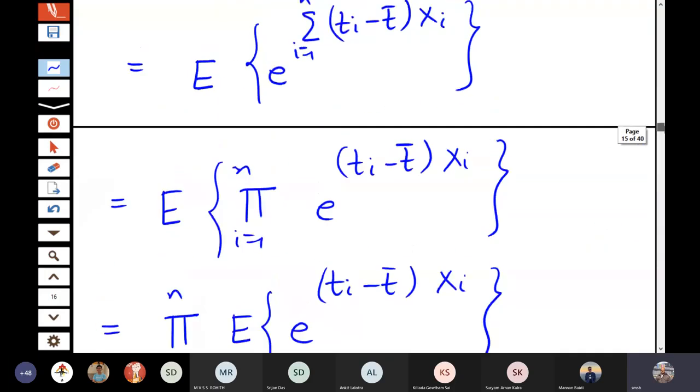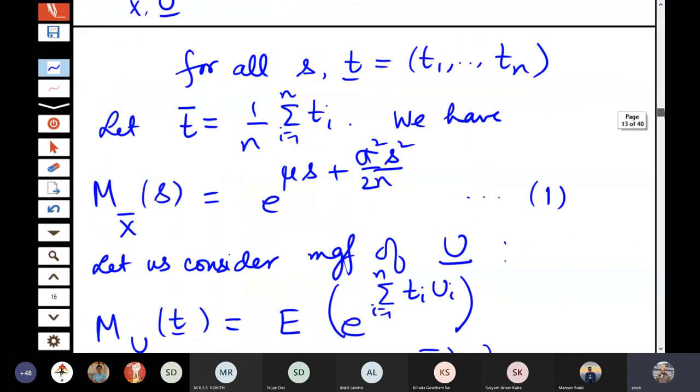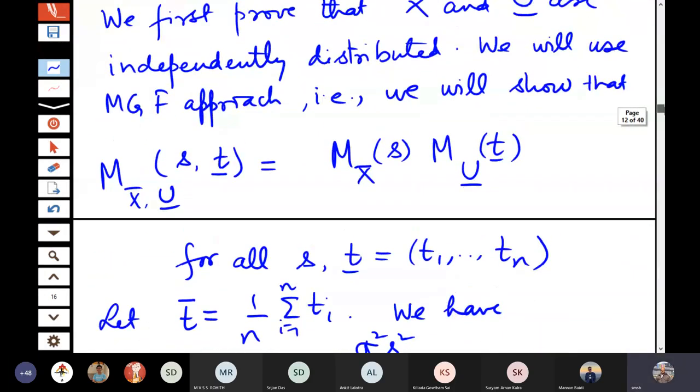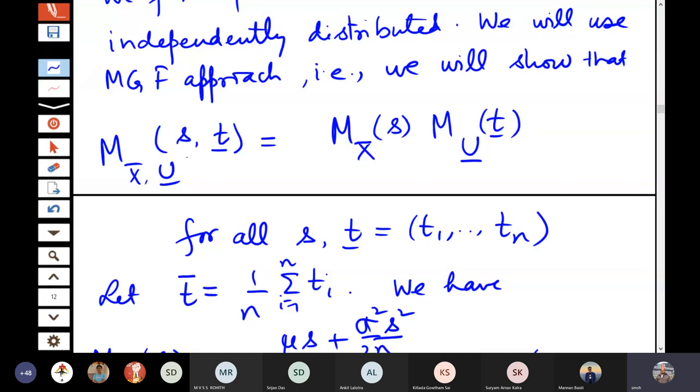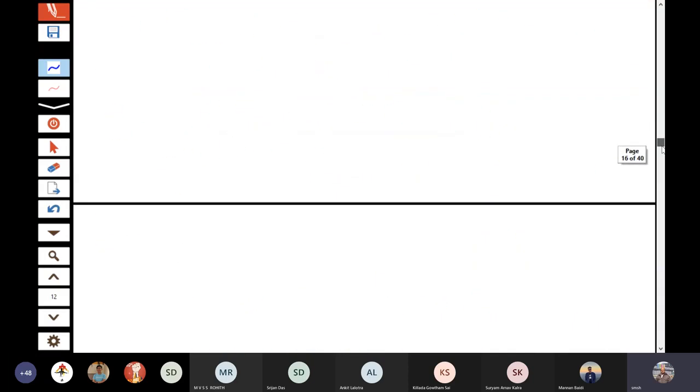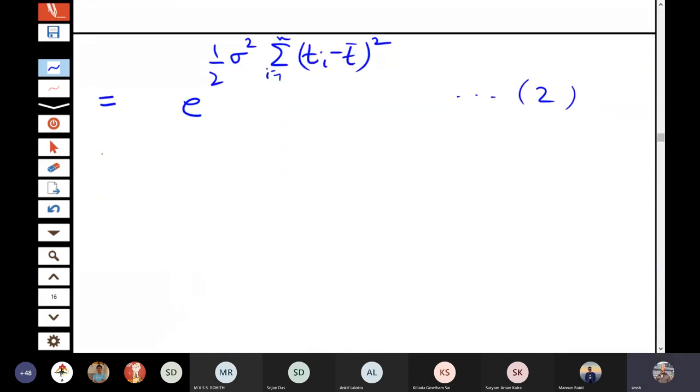So actually, if you see this term here, M x bar, u at (s, t) is equal to M x bar at s and M u at t. Then on the right hand side I have determined both the terms. Now I should determine the left hand side. Okay, next we consider